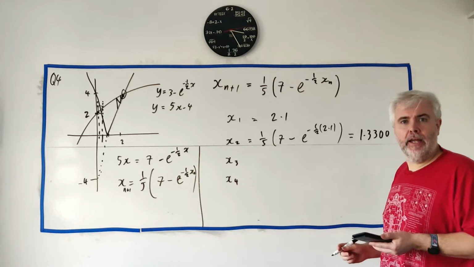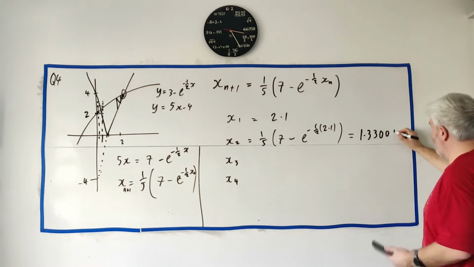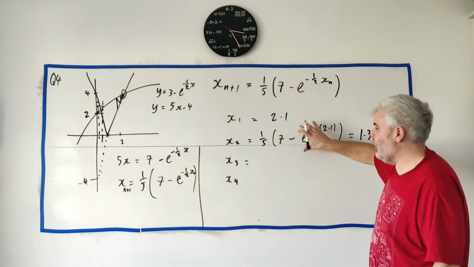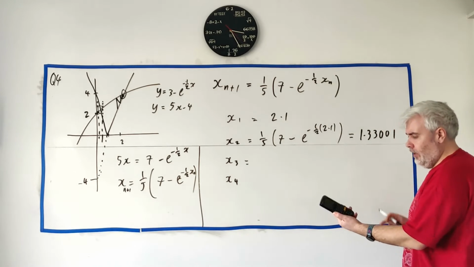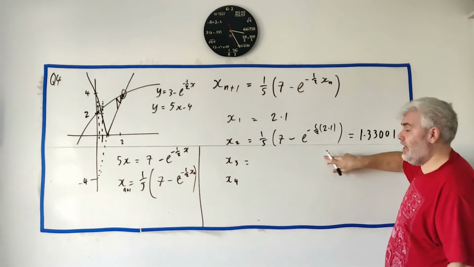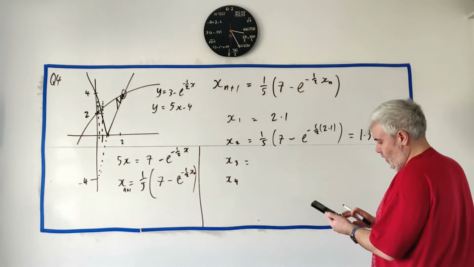1.3300. How many? 6 significant figures. So I add 1 more, and that rounds off to 1. And we go ahead and just do this again. Just type it all out. If you're quite good at a calculator, you can get it so you just press equals every time. But it really doesn't take too long. But you just do all of this again, and we will get